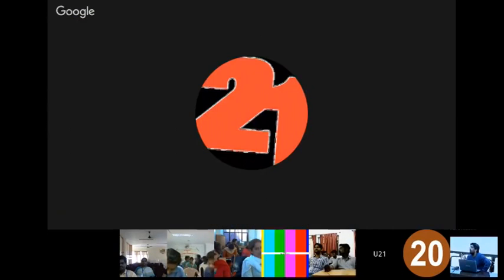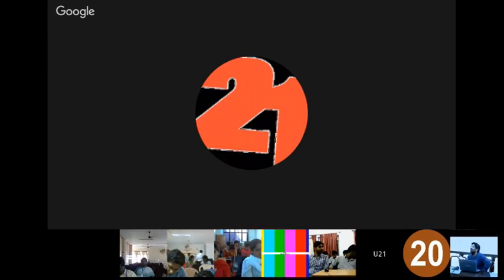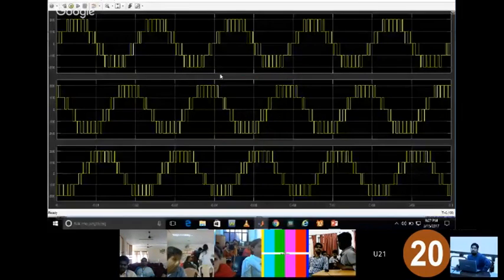But at that point, if you need a filter circuit, the filter circuit cost will be very low, because the harmonics present in the circuit will be of the 11th or 13th order or higher. But if you are using only the simple type, then as you can see, there will be more harmonics present in the circuit. If you want to see the number of harmonics present in this circuit,